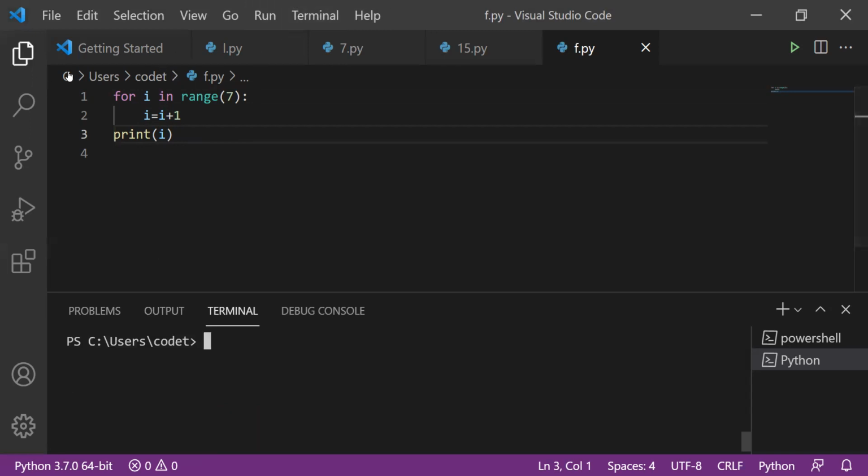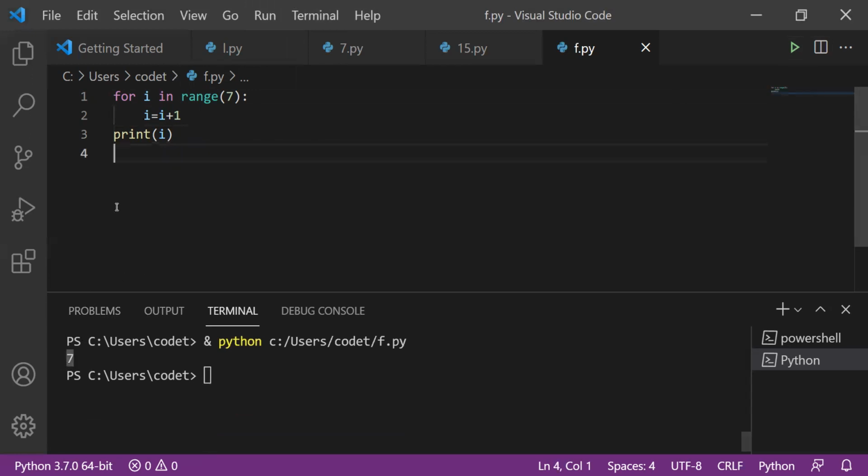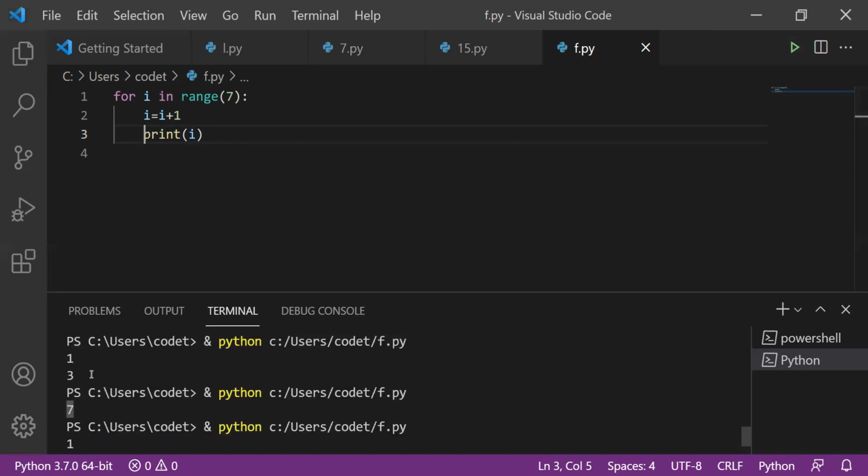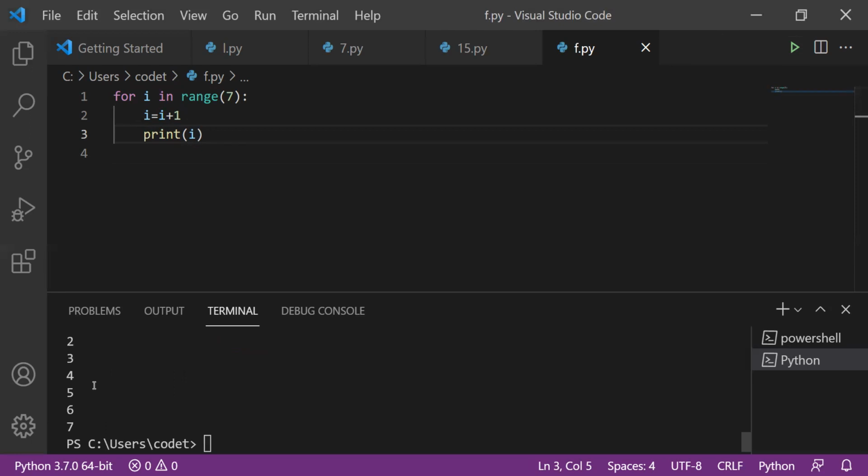Now see, here for I in range means it is taking 0, 1, 2, 3 and all that. Now 0 plus 1, 1, 1 plus 1, 2, 2 plus 1, 3, 3 plus 1, 4, 4 plus 1, 5. Like that, the loop repeats and we'll get the number of iterations, 7. Now if you move the indentation a bit, now you'll get the items also. Like what are the things in that? 1, 2, 3, 4, 5, 6, 7 and all that. So don't get confused. Understand the logic, how they are asking. This is very, very important.